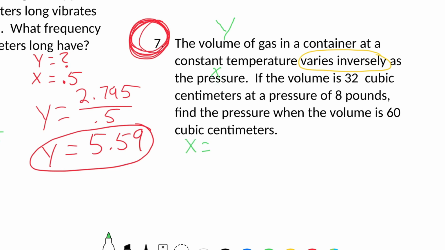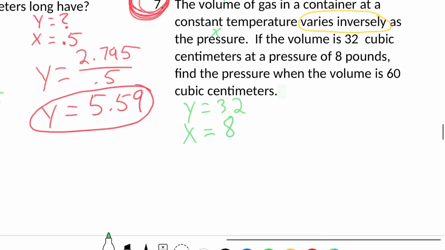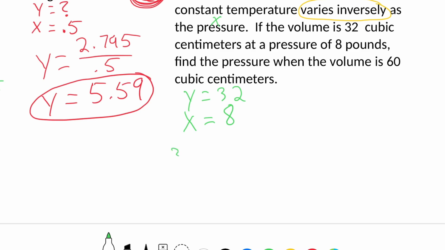The volume of 32 is at the pressure, volume is y, pressure is at 8. We've got to find our k, so we're going to do 32 equals k over 8,